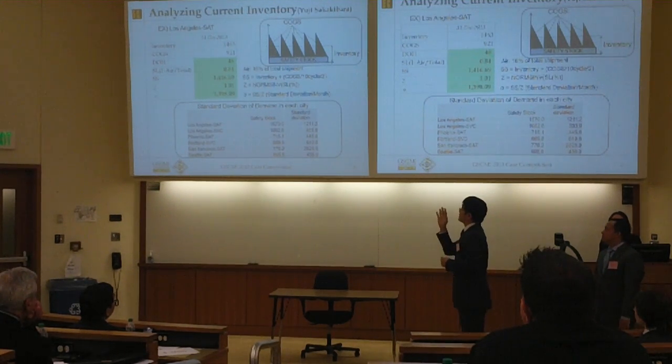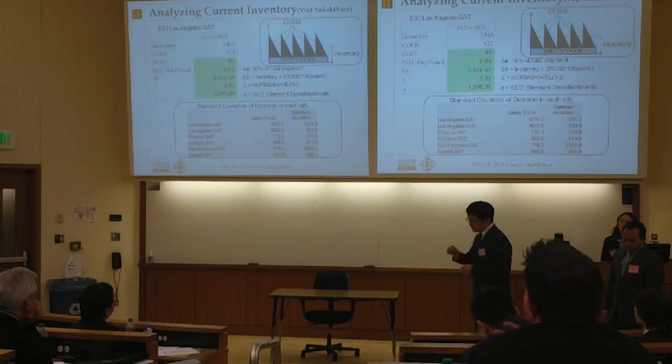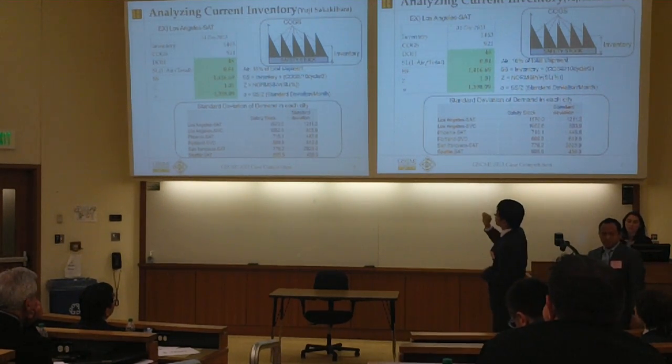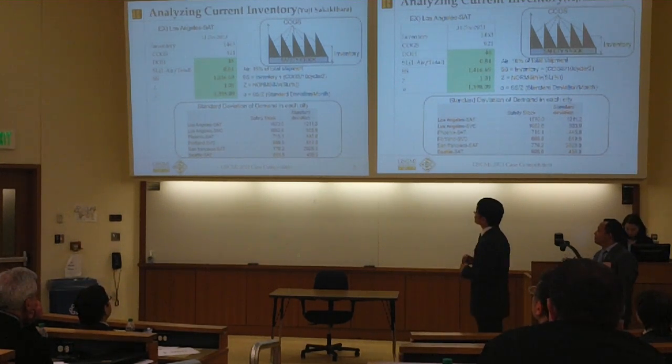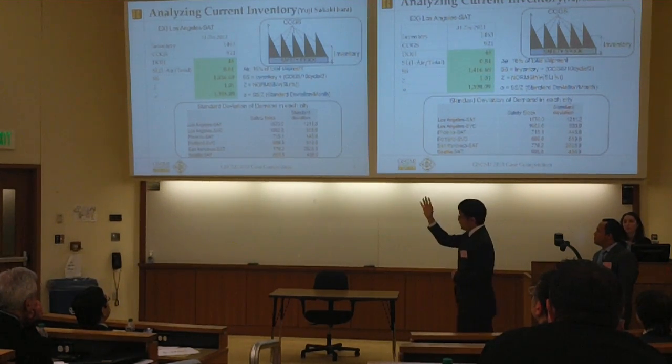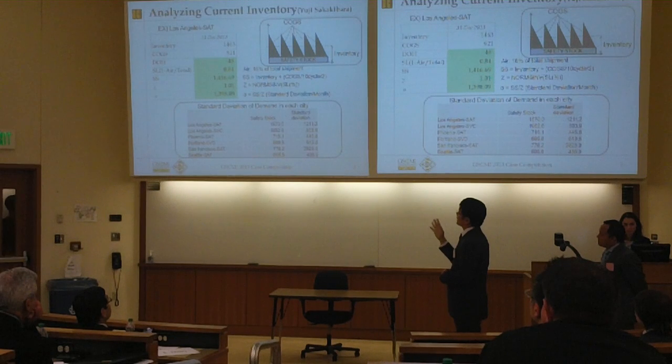So this is our concept to analyze the data. Based on the concept, we analyzed the current inventory. The figure shows the inventory model. Eaton has some amount of safety stock, and periodically they order inventory. The red figure shows, for example, Los Angeles CMSC's December data. Inventory is 1,400, cost